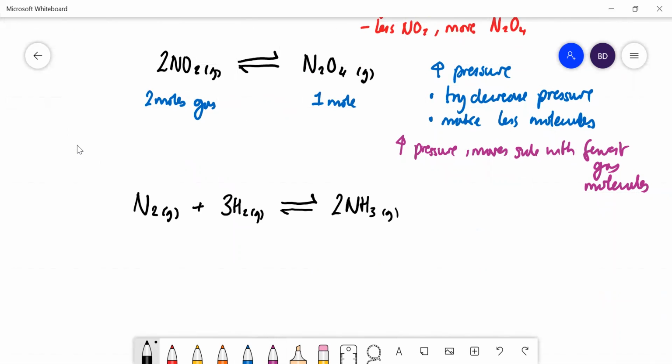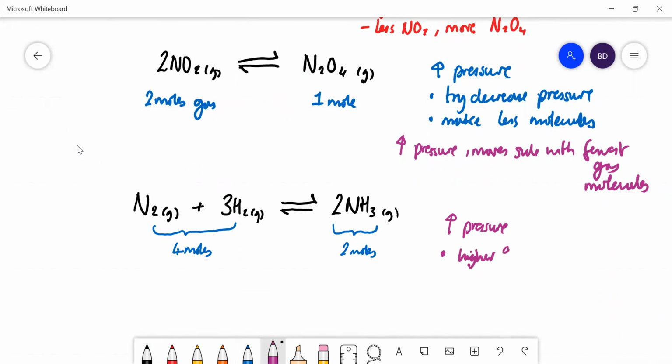So if we increase the pressure here, what's going to happen? Well, on the left-hand side of the equation, we have 1 mole of nitrogen and 3 moles of hydrogen. We've got 4 moles of gas, whereas on the right-hand side of the equation, we've only got 2 moles. So if you increase the pressure, it moves to the side with the fewest gas moles, i.e. it will move to the right,